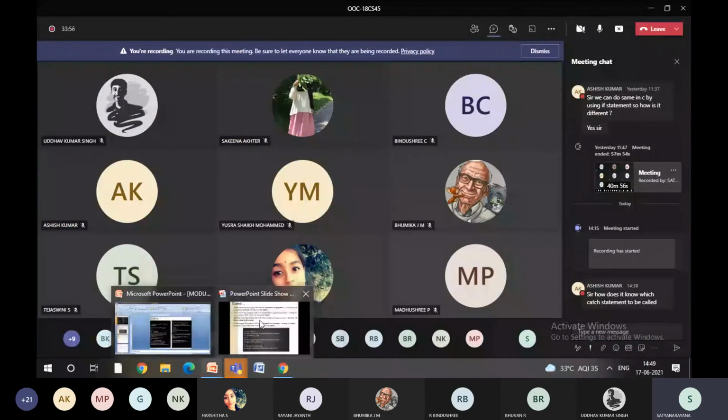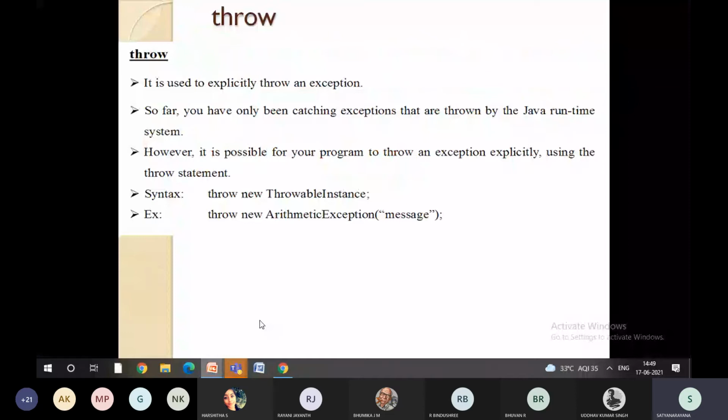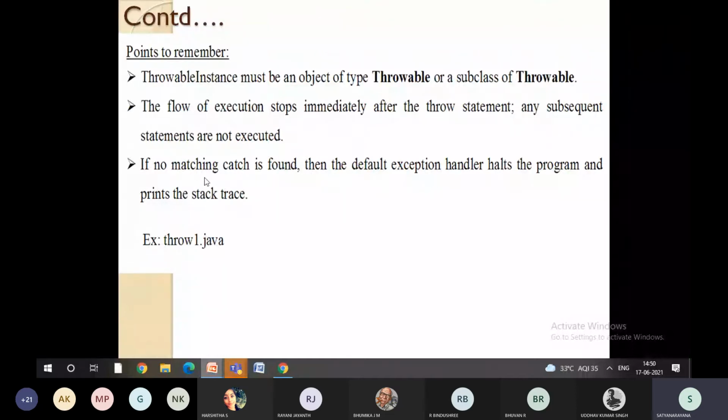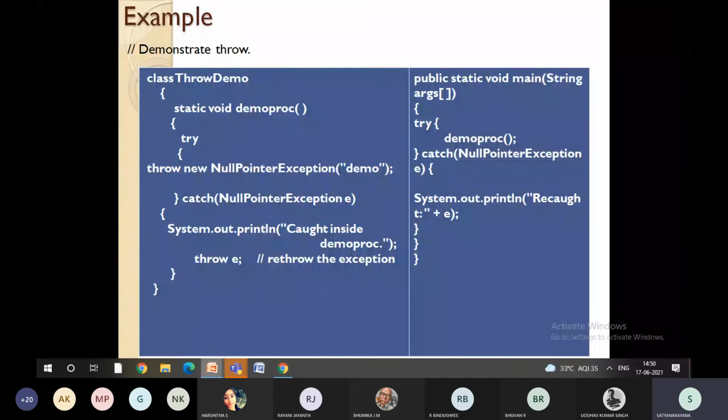So the throw keyword in Java will do the explicit exception handling, right? If there is no catch block found, the default exception handler will just print the message saying that this is the error. Now let us see an example. Throw new NullPointerException called demo. There is a null pointer exception, so immediately it should find a null pointer catch block. If this is not found, it will go to the default handler. What is a null pointer? I just found some address which is null, so I couldn't find anything over there. It is a null pointer.